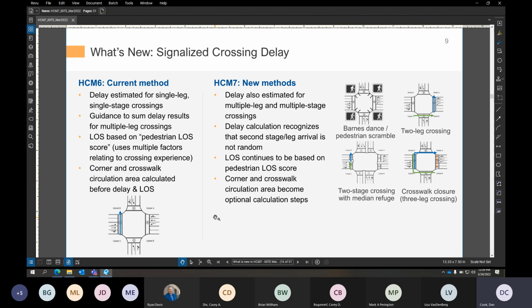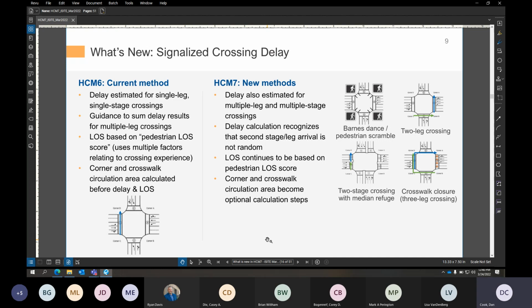In HCM 7, that delay is now looked at more holistically for multi-leg, multi-stage crossings. That delay calculation recognizes the fact that, and you can look at the graphics here, I'm looking at this intersection watching people cross, but you're going from one corner to the other, you're going to be crossing multiple legs, and you don't randomly arrive at that second crossing. There's a pattern to it. So it recognizes that and pulls that into the calculation for pedestrian delay. Level of service continues to be based on that pedestrian level of service score. And it also includes looking at